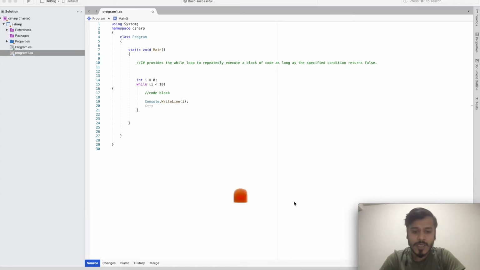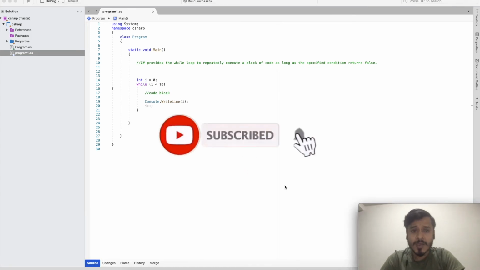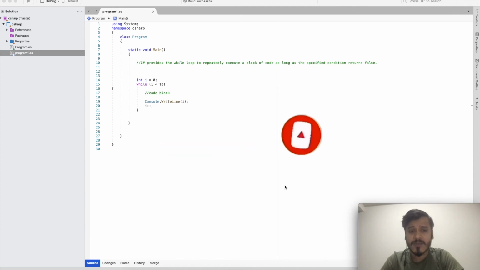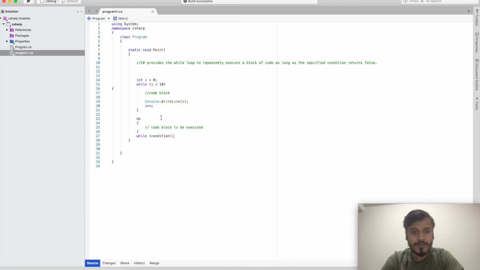Now we are going to see how we can write do while. So do while is similar to while, but in one case it is different. In do while, the piece of code is going to get executed at least once. So this is the syntax for do while.